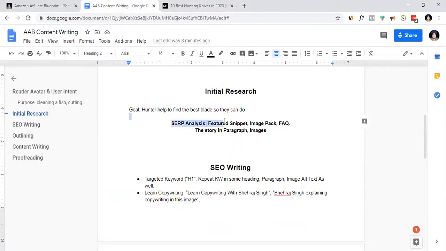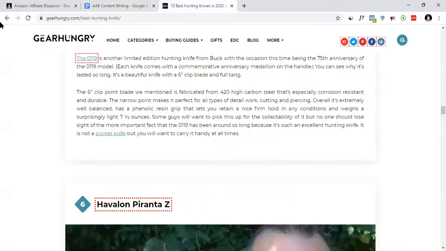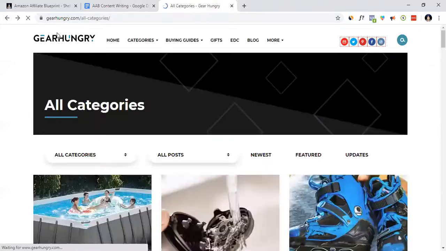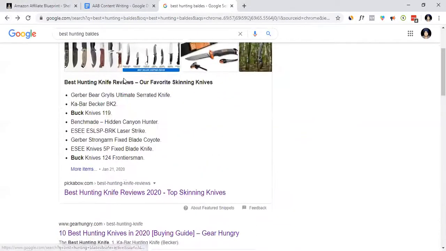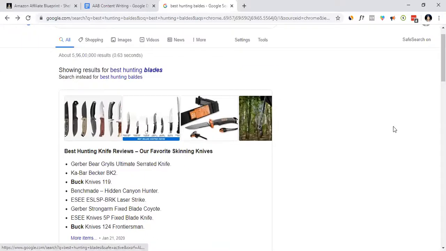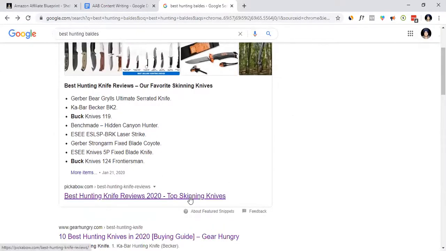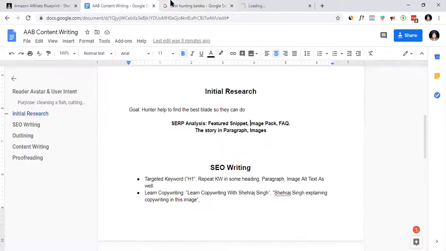And we also saw that a featured snippet is there. Let me click the back button. This is a featured snippet for optimizing. There are lots of kinds of featured snippets: table snippet, list snippet, info snippet. Lots of snippets are there.